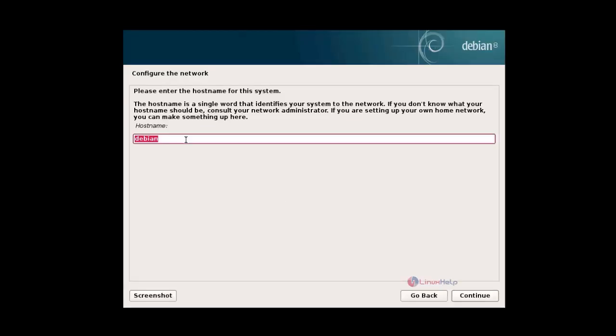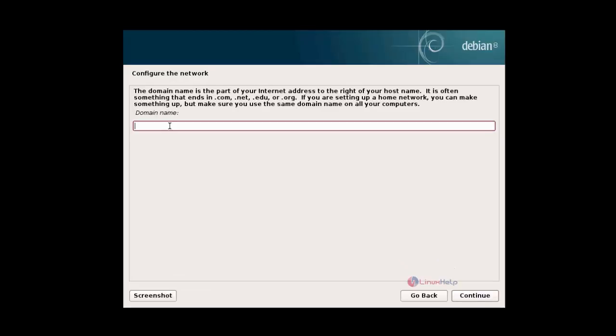and now it asks to enter the host name. You can give host name as you wish, and next it asks for domain name. In the domain name you have to give fully qualified domain name. I'm giving here. If you are setting for a home network, you can just give the host name as a domain name and give continue,